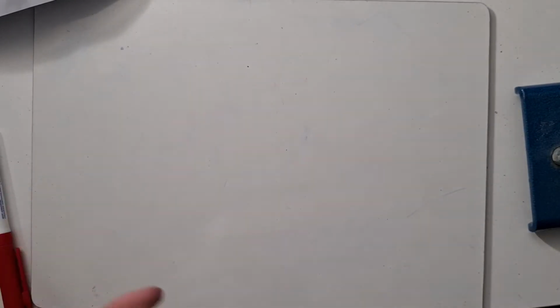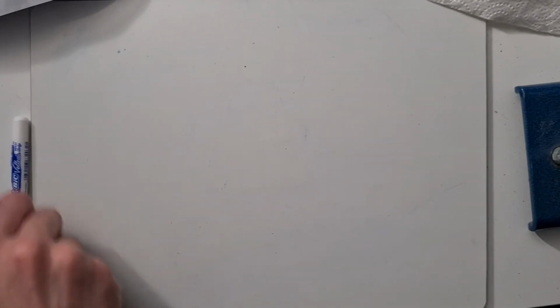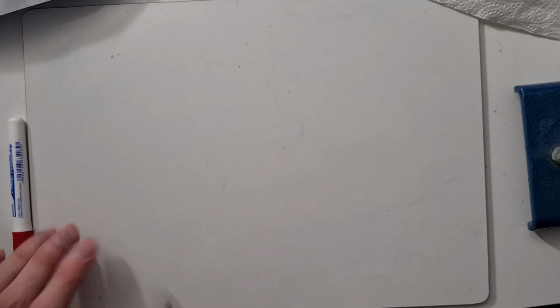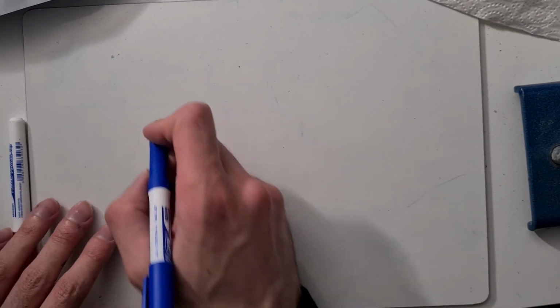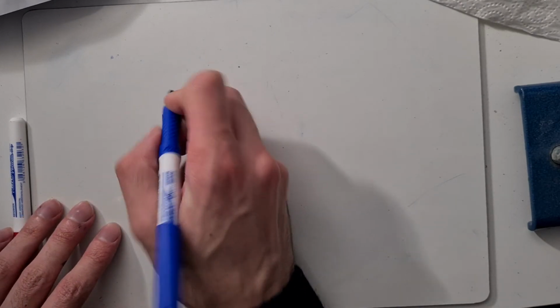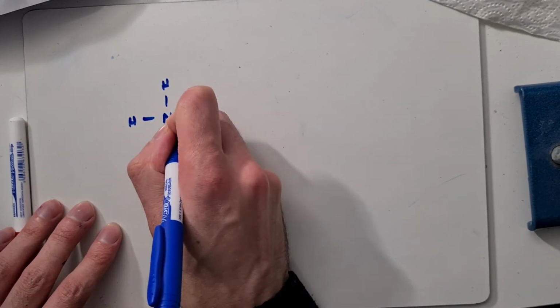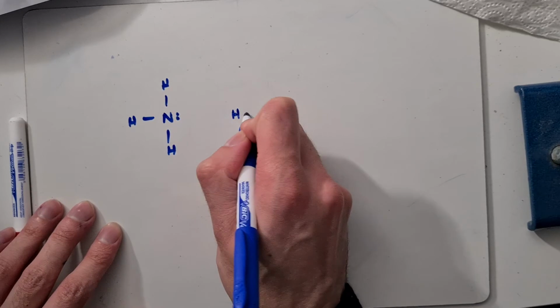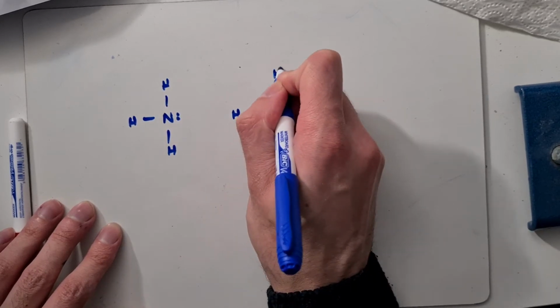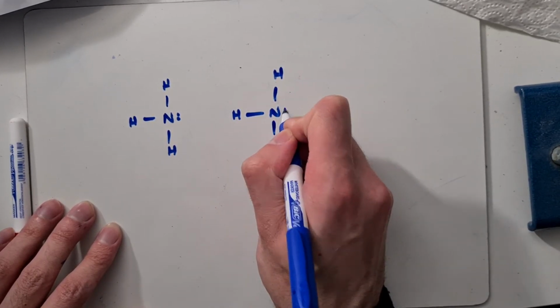They're specifying strongest because there are 2 types of intermolecular bonding between ammonia molecules. We've got London forces, and we've also got hydrogen bonding. Hydrogen bonding is the strongest. So if we have a look at our ammonia molecule, which I'm not trying to draw in the correct shape, just because it's easier to draw the bonding